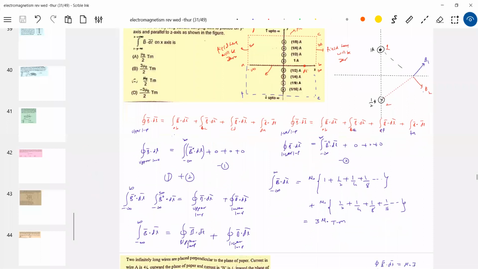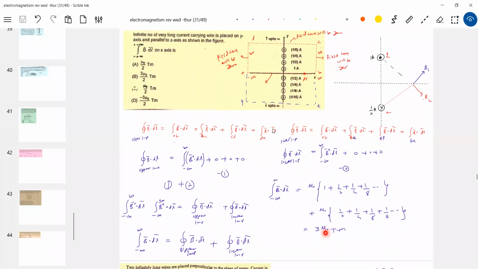Okay, now we brought the answer. So definitely what will happen? There's a line, no? So of all that B bar dot dl that is generated, only half will link this. Then it is the same superposition only. So therefore, where should that 2 I be introduced? Here in this equation.